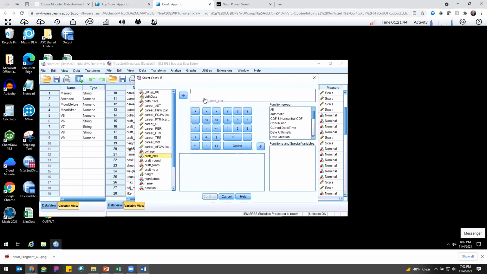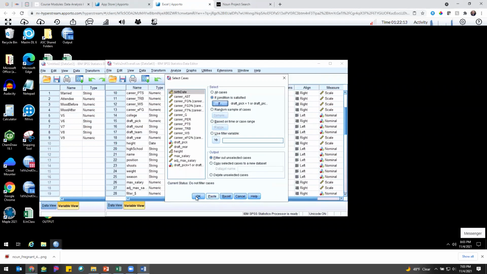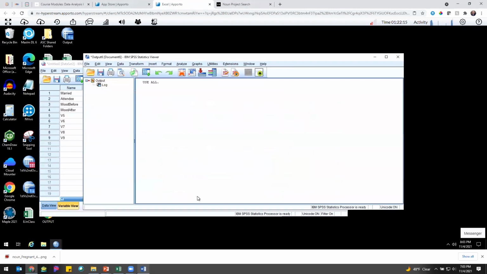So drag draft pick over and say equal 1, or just type the word or, draft pick equals 2. That's all you have to do. And you have created these groups to compare. And when you hit continue, and then OK,